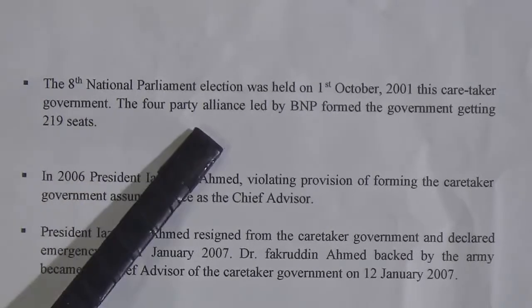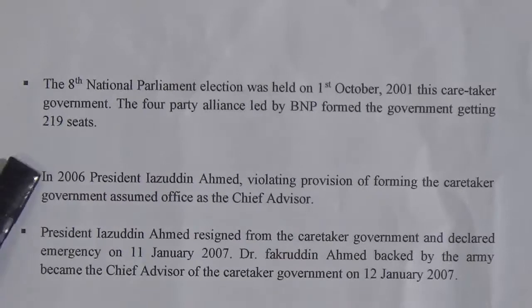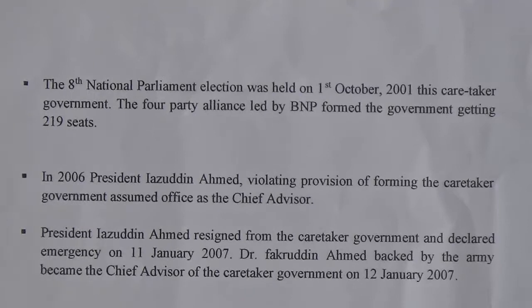Okay, the four-party alliance led by BNP formed the government, getting 219 seats. So you see that after the tenure of Sheikh Hasina, she handed over her power to the caretaker government, and the caretaker government arranged the 8th National Parliament election. Okay, so after the election,